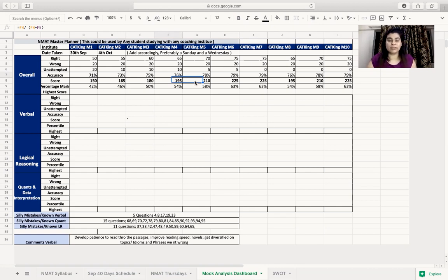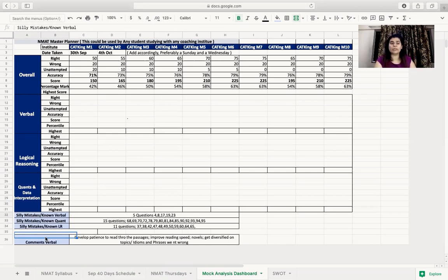So what you will be doing is you will make your own chart like this, overall, plus every section wise. I want you all to list it down. And at the end of it, list down where you are going wrong. What are the silly mistakes you are doing in each and every section? Plus list down the comment section for you in terms of where you stand.